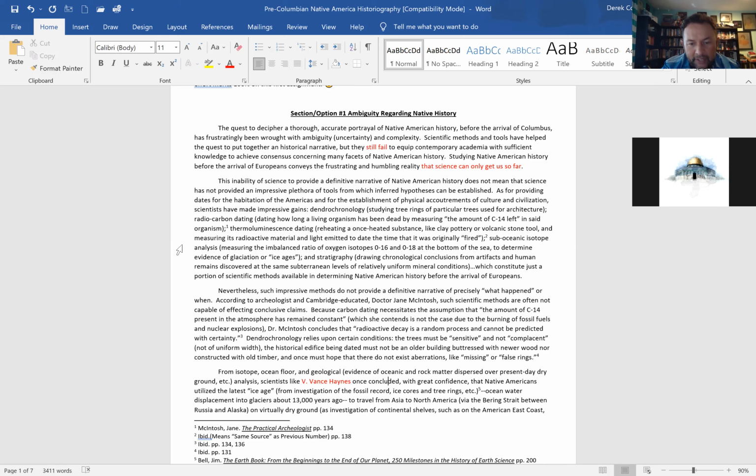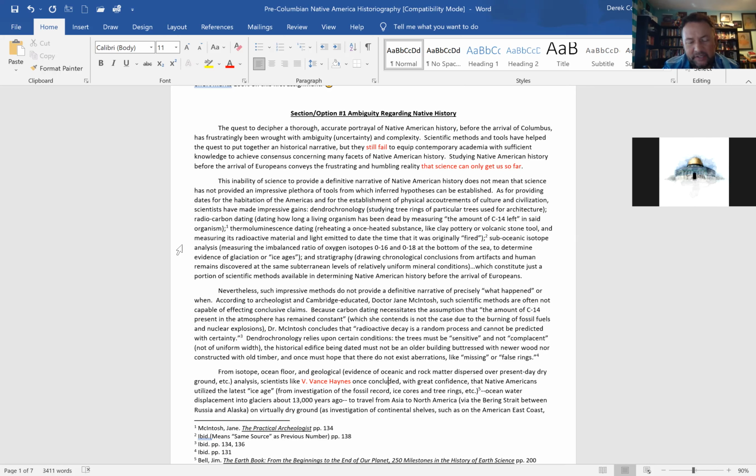Then they looked through the ice-free corridor and they looked for a carbon footprint. They looked for refuse, garbage, footprints, burial, other evidence of human habitation and passing through there, right? And they found very little to none. And so hence C. Vance Haynes' theory is no longer taken as an axiom that we can necessarily trust.